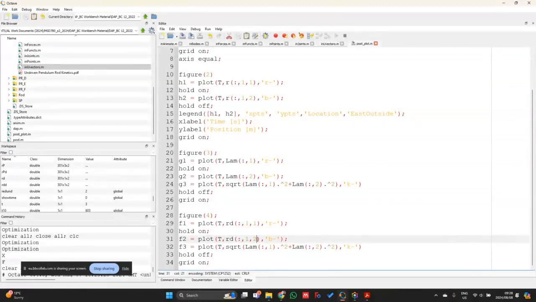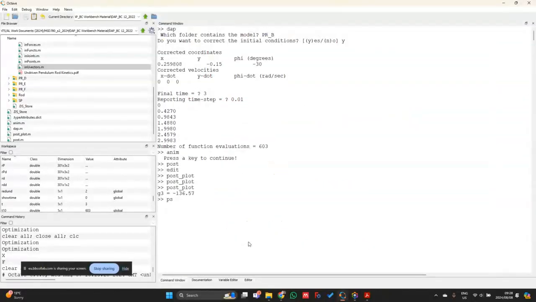And that will then be in the 2 direction, so that I can see what the Y velocities look like. And then a combination of these 2 will give me the speed of the system. So I'm just going to replace this one over here with RD11, and RD12 will be over here. Okay. And then if I go and run postplot again,